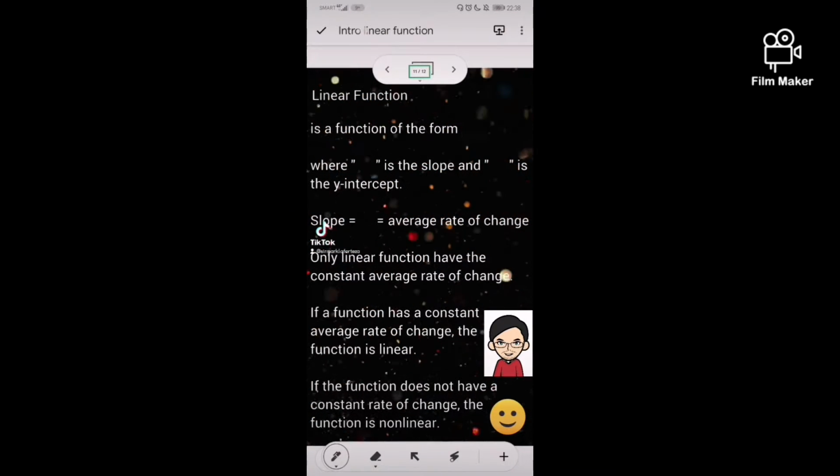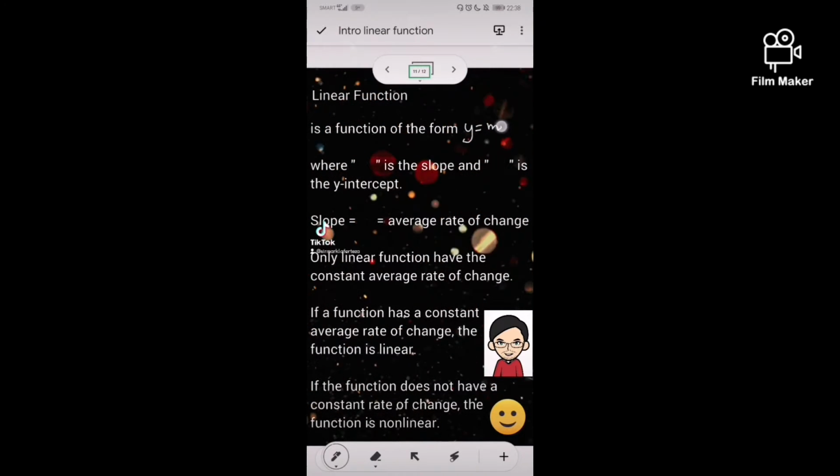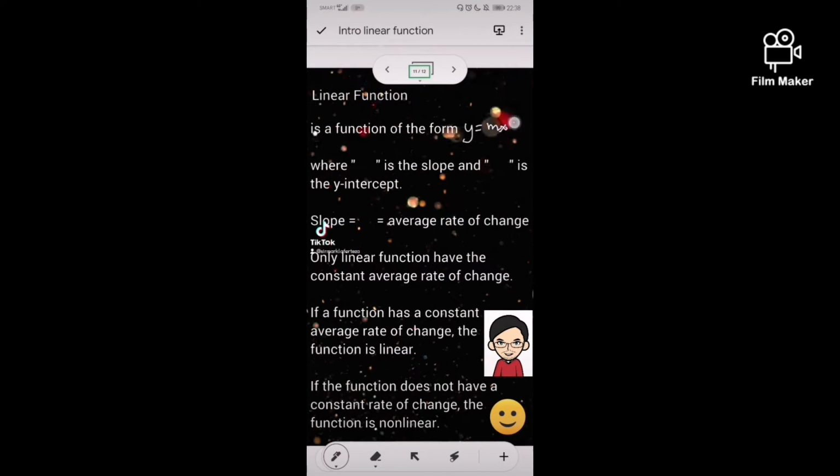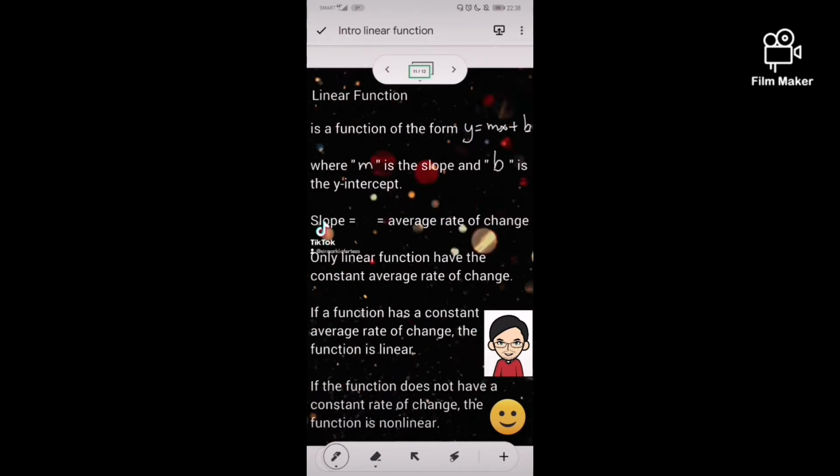Linear function. A linear function is in the form of y equals mx plus b, where m is the slope and b is the y-intercept. Slope m